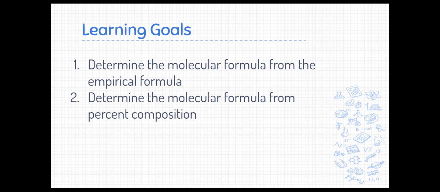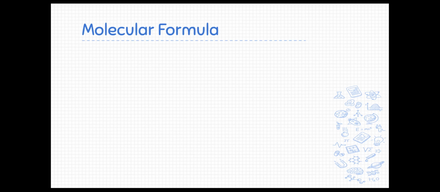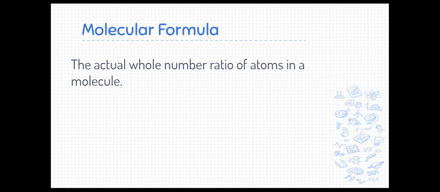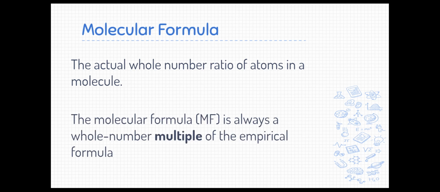This video will essentially be a video tutorial where I go through two examples in how to determine the molecular formula from different pieces of initial information. The molecular formula is the actual whole number ratio of atoms in a molecule. And remember that the molecular formula, or MF, is always going to be a whole number multiple of the simplest